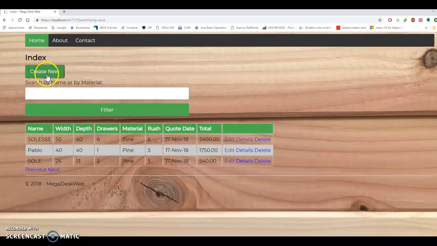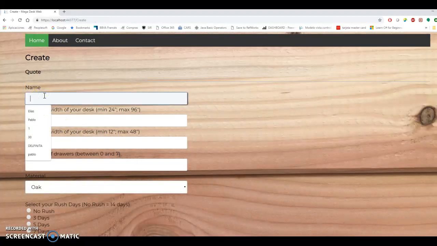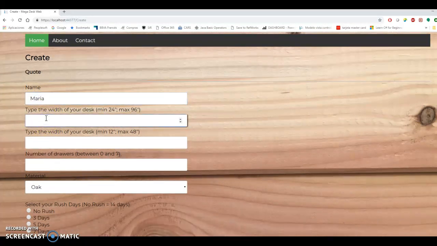And finally, I can create new quotes. Here I can type some values. For example, this